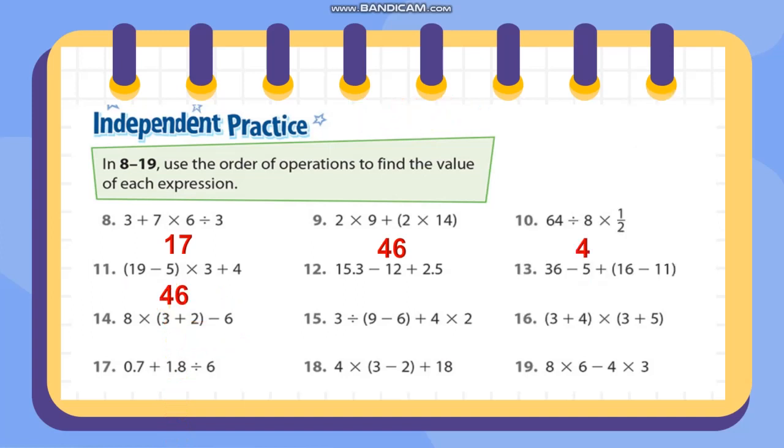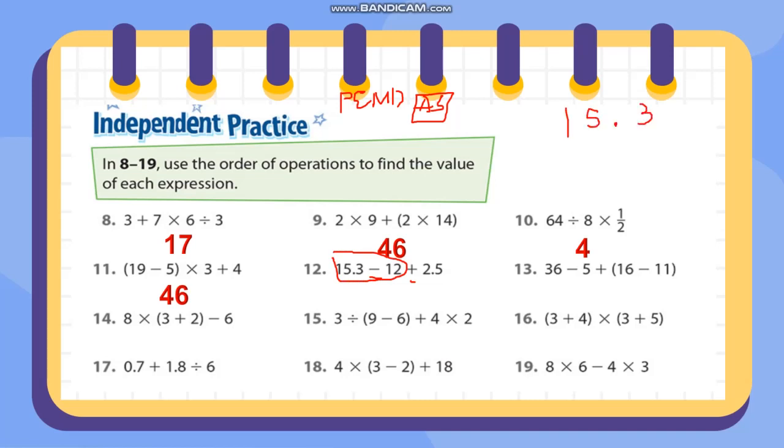Next, 15.3 minus 12 plus 2.5. You have two operations here, subtraction and addition. By following the PEMDAS rule, if the subtraction comes first from left to right, you need to subtract first. If the addition comes first from left to right, you need to add first. In this case, the subtraction comes first from left to right, so we simply subtract